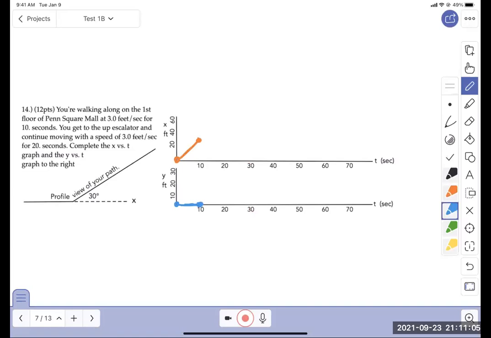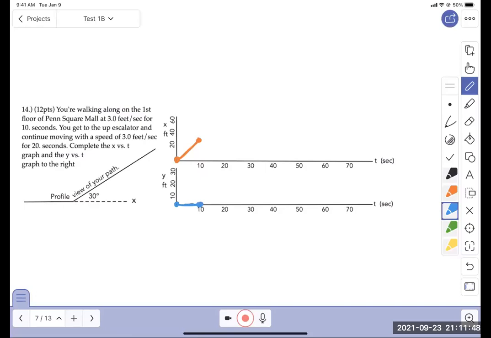You get to the escalator and continue moving at a speed still 3 feet a second for 20 seconds. Why did I go all these 70 seconds in? I think I got confused. Anyway, looks like my x-axis is way too long, unless I'm seeing it wrong, because we just went a total of 30 seconds. I don't know why it goes to 70. I wrote this problem last week. Anywho,